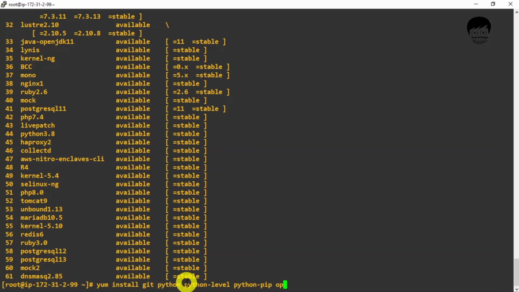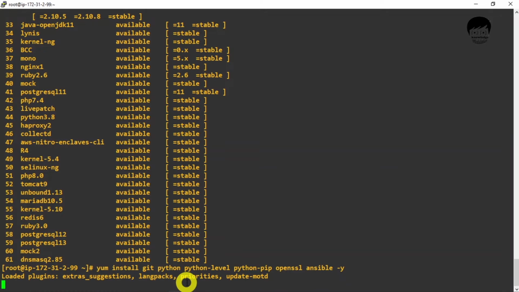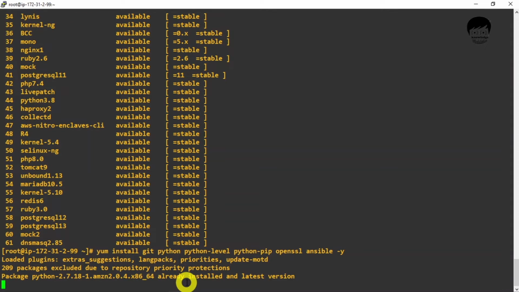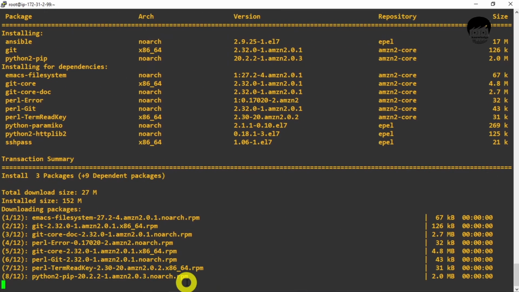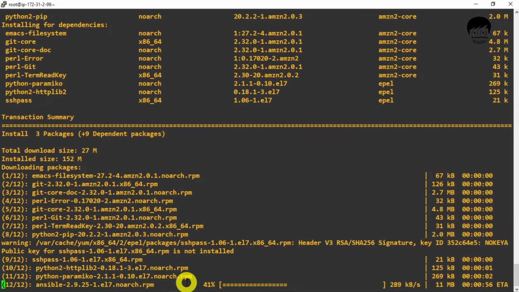The first one is OpenSSL and the second one is Ansible. I will enter -y so that it will not ask me to hit yes again and again. Let it install.